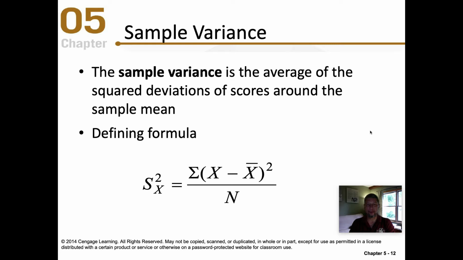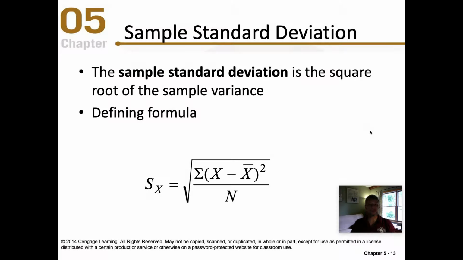Okay, so what's the difference then between this variance and the standard deviation? Easy peasy, my friends. All we have to do is take the square root of both sides of this equation, and we get the standard deviation. And so the sample standard deviation is simply the square root of the sample variance. Easy, right? And so in this case, the defining formula is simply S equals the square root of the sum of the difference between each data point and the mean squared divided by n. All right. So the formulas are obviously very similar,